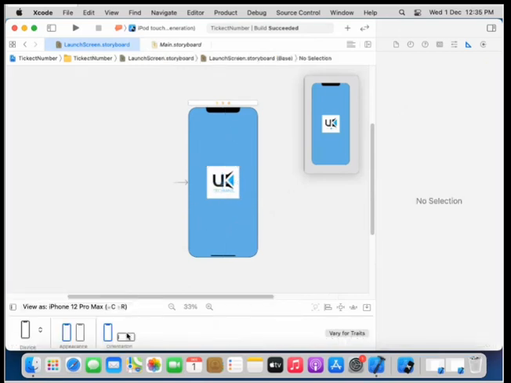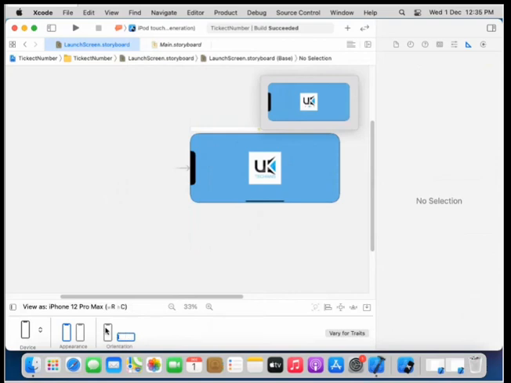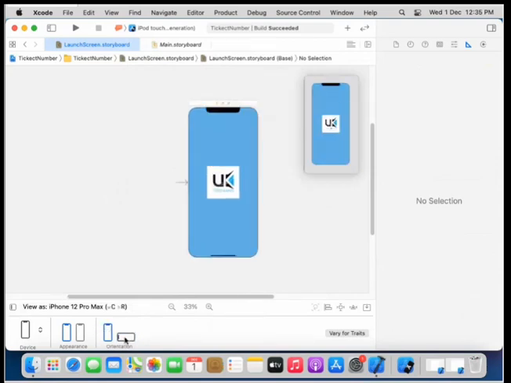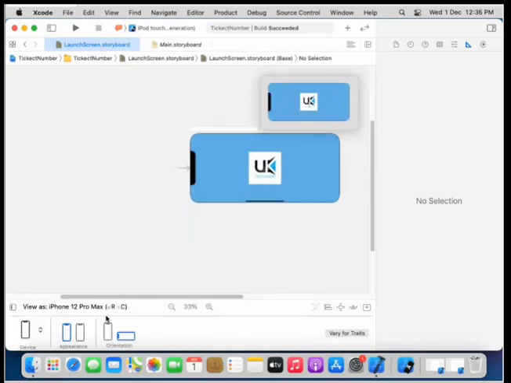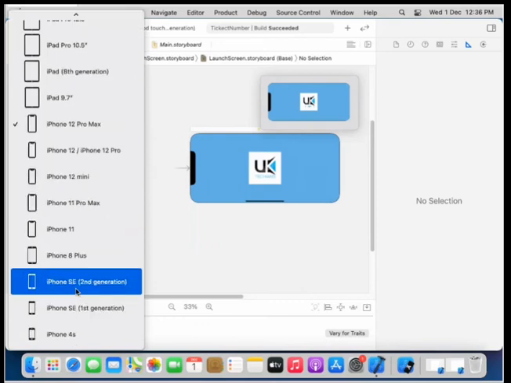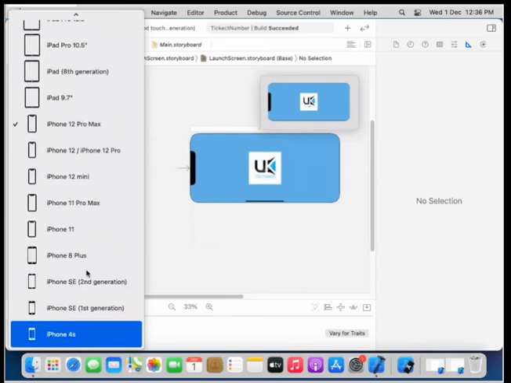Let's just change the orientation. Now it's perfectly placed in the center when we change the position. And now let's change the iPhone Pro Max to iPhone 4S.